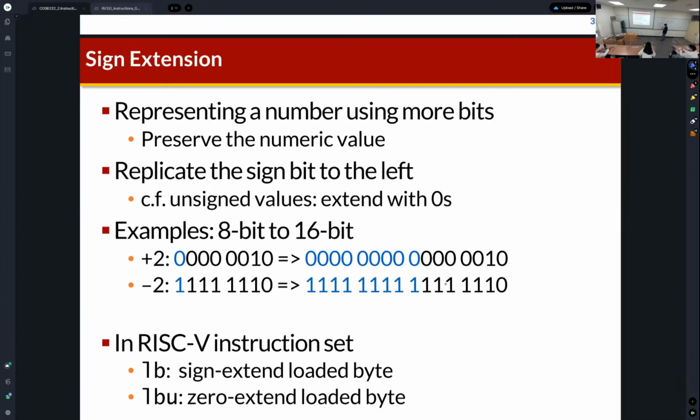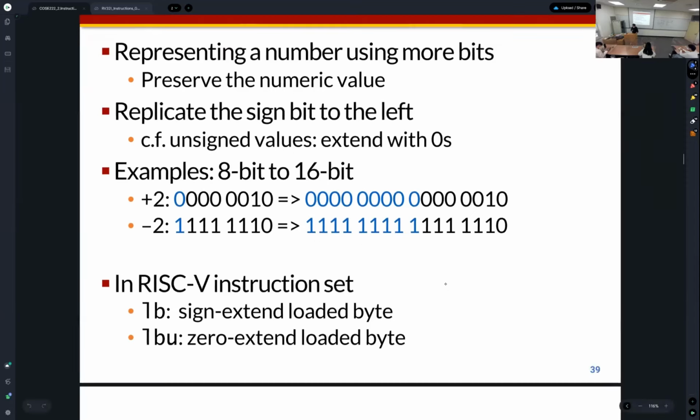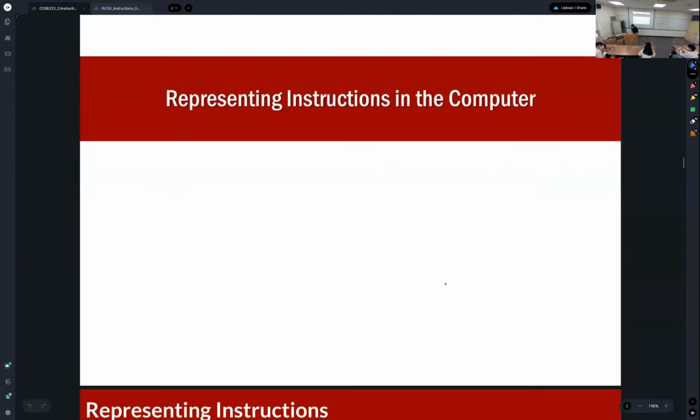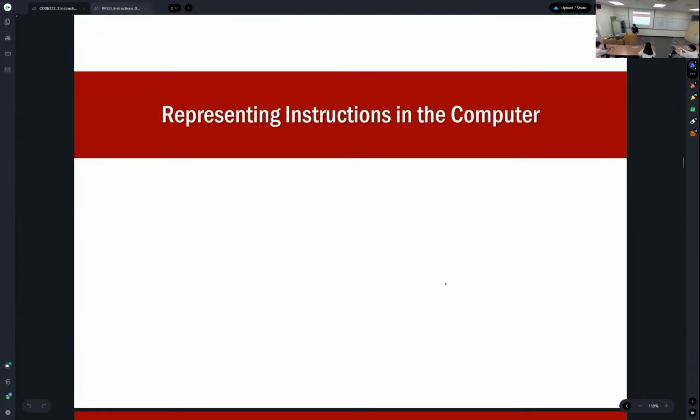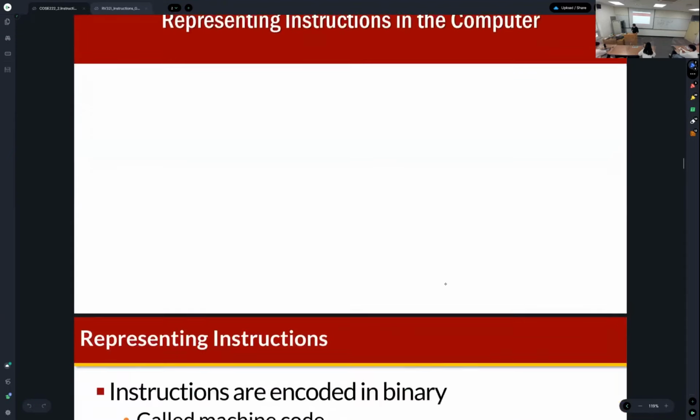So that's why this ISA supports two different load instructions: LB, the sign-extended load byte, and LBU, which just handles unsigned data, meaning it's a zero-extended load byte. Okay. So when we consider bit extension, we need to consider the data type and the sign bit of the signed data type. Okay, now